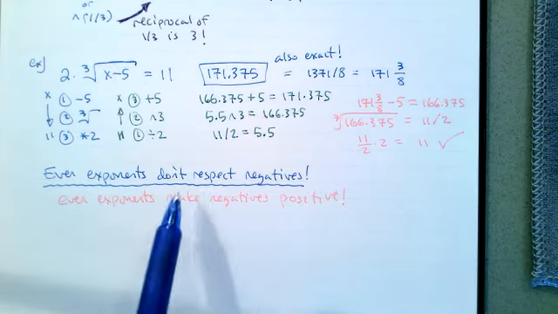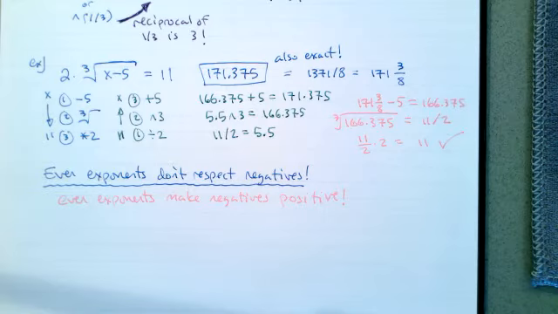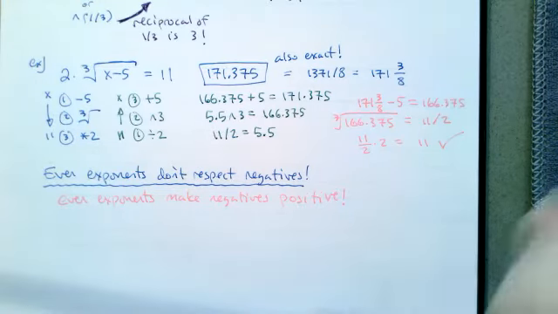Even exponents don't respect negatives. Even exponents make negatives positive. So what this means for us is that if we have an equation where x is being raised to an even exponent, you're going to end up with two solutions. So if we're solving equations,